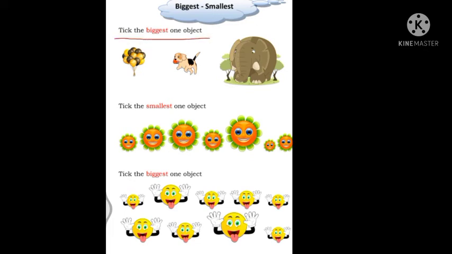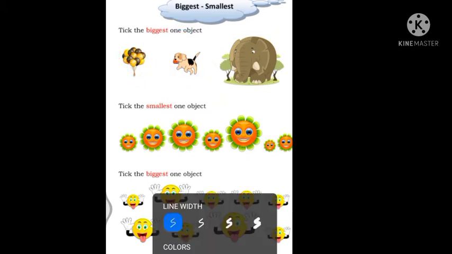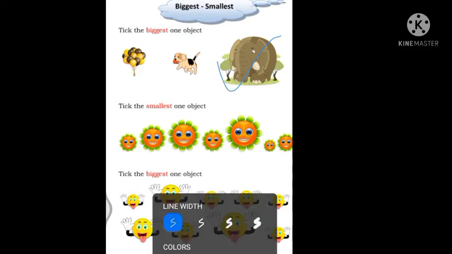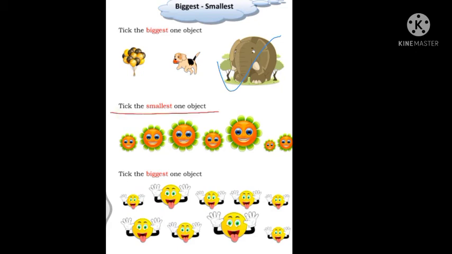Now students, next one given that tick the biggest one objects. यानी आप देख सकते हो here the bunch of balloons given, puppy were there, a dog were there and an elephant were there. Now among these three we have to tick which is biggest, यानी size में जो सबसे बड़ा है वैसे objects को हमें tick करना है. So you can easily see students that you can see elephant is the biggest, right? So we have to tick the elephant as we get elephant is the biggest one object compared to the bunch of balloons and her puppy. Is that clear?